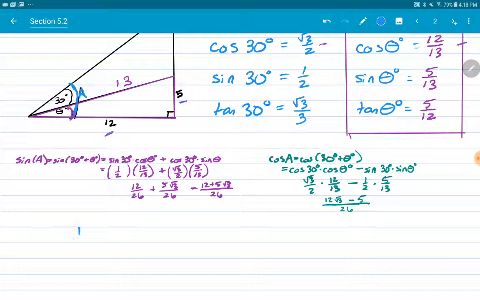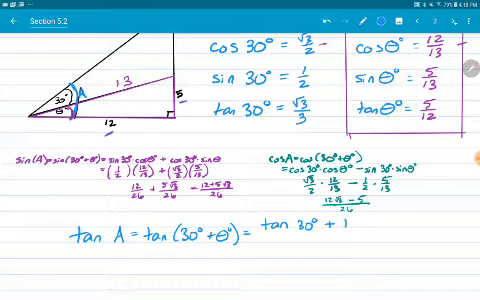So tangent of A equals tangent of 30 degrees plus theta, which equals tangent of 30 plus tangent of theta all over 1 minus tangent of 30 times tangent of theta, which equals